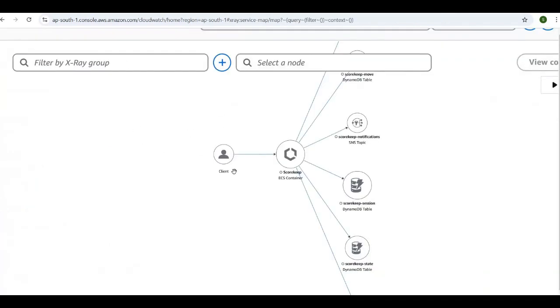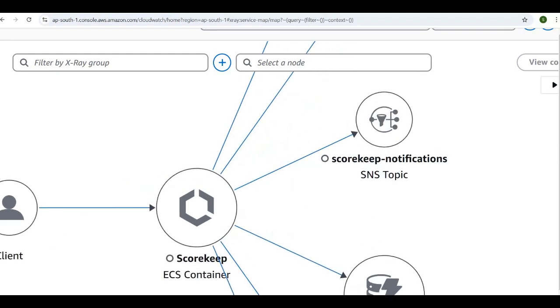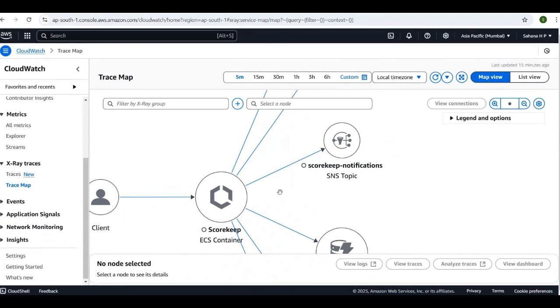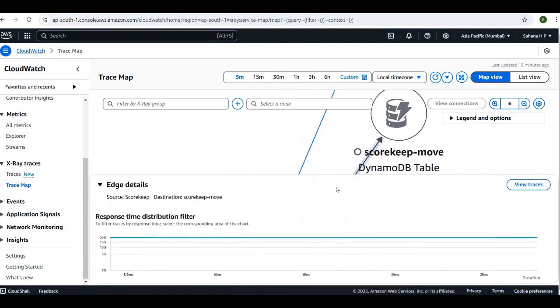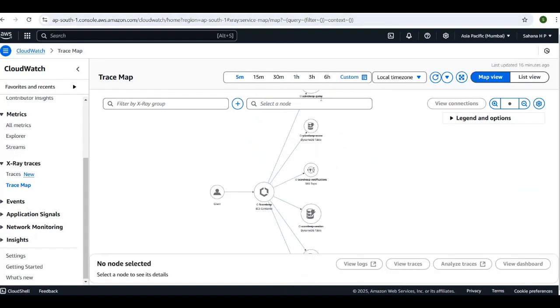So here we can see first the client established the connection with the ECS container. Then it goes to establish the connection with the ECS container and the game, and it moves to the DynamoDB table. In the play game we have started moving, right? So it shows that in the database tables it's moving. The next is send the notification, the session is expired,